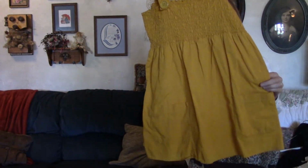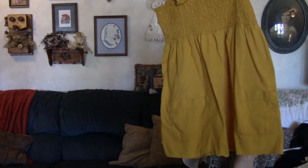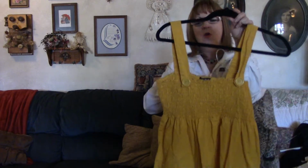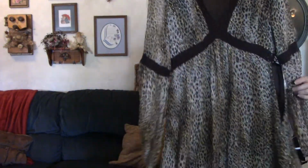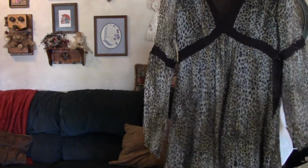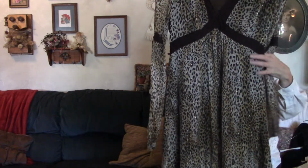I just thought this would be cute as a little bohemian. Add some rag handkerchief things at the bottom of it, or add some ruffles or a skirt underneath. I'm not sure what I'm going to do yet. This is another bohemian looking outfit. Loved it. This reminds me of when I was in high school with the Empire